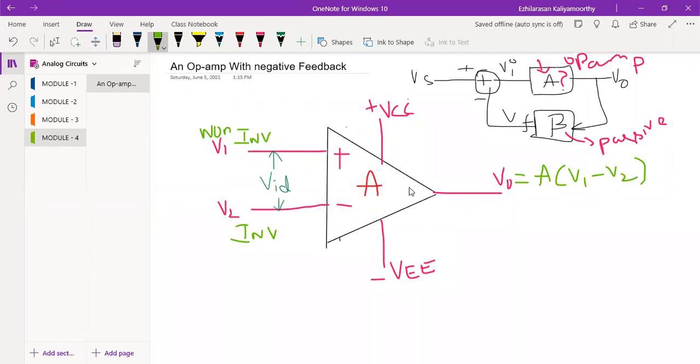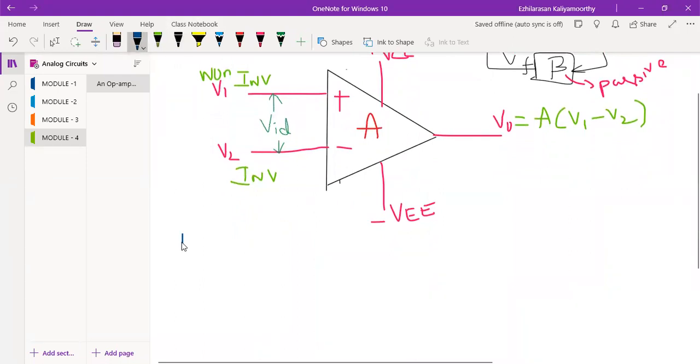Specifically, it amplifies the difference, that is why we call it a differential amplifier. Inside, so many stages will be there actually, if we see the internal block diagram of the operational amplifier. Now we have the non-inverting and the inverting, two input terminals. So it is convenient for us; we can use either one of the terminals.